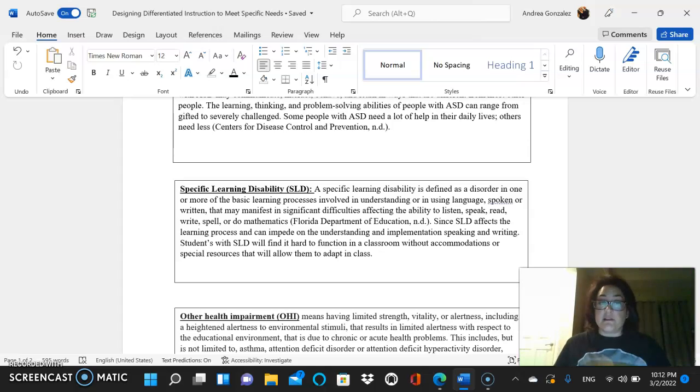And since it's a learning process disorder, it will impede on the student's learning in school. This student needs to have an IEP in place and should have specific accommodations and resources made available to him or her to help them assimilate in class and do well. Maybe push-in, one-on-one, just different types of accommodations.